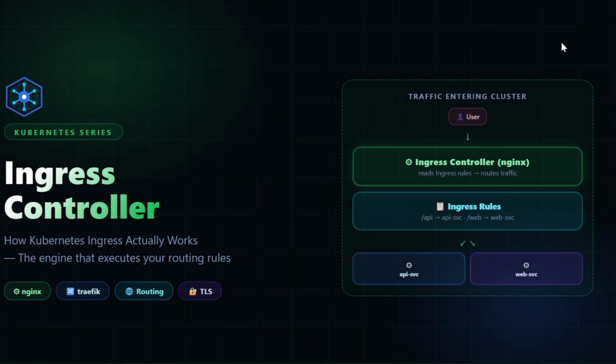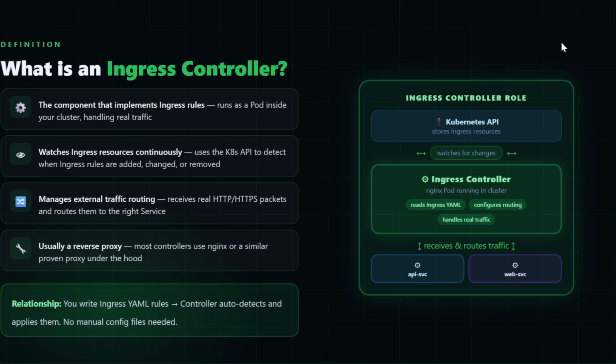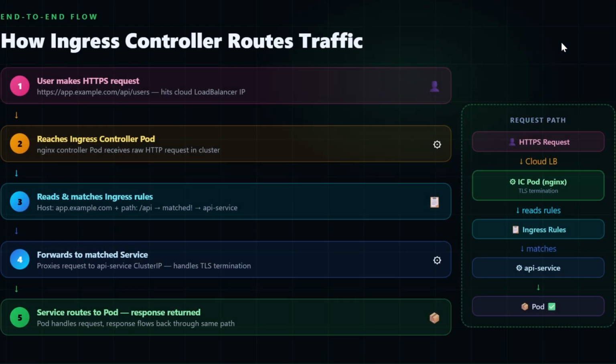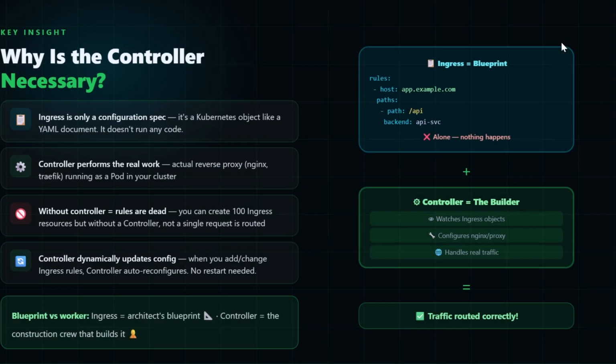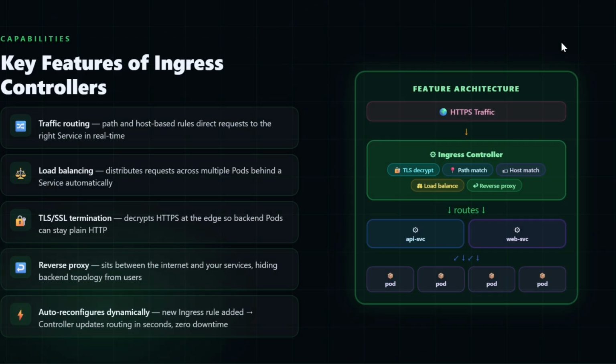Today, in this video, we'll be discussing the Kubernetes Ingress Controller. We'll have a quick recap of Ingress, what we discussed in the previous video, and we'll see what exactly an Ingress Controller is, how it works, how the traffic routes, and why the Ingress controller is necessary. Some popular Ingress controller examples like NGINX, HAProxy, Traefik, and we'll see some key